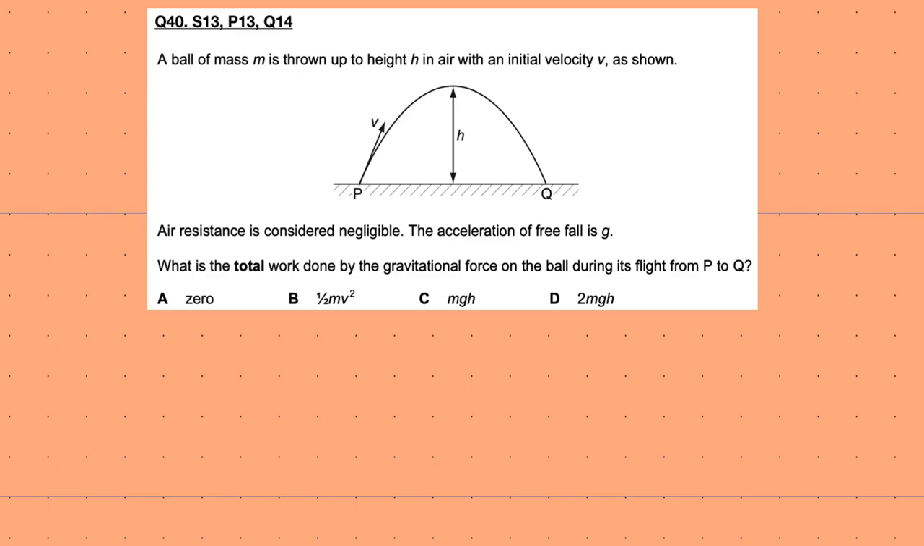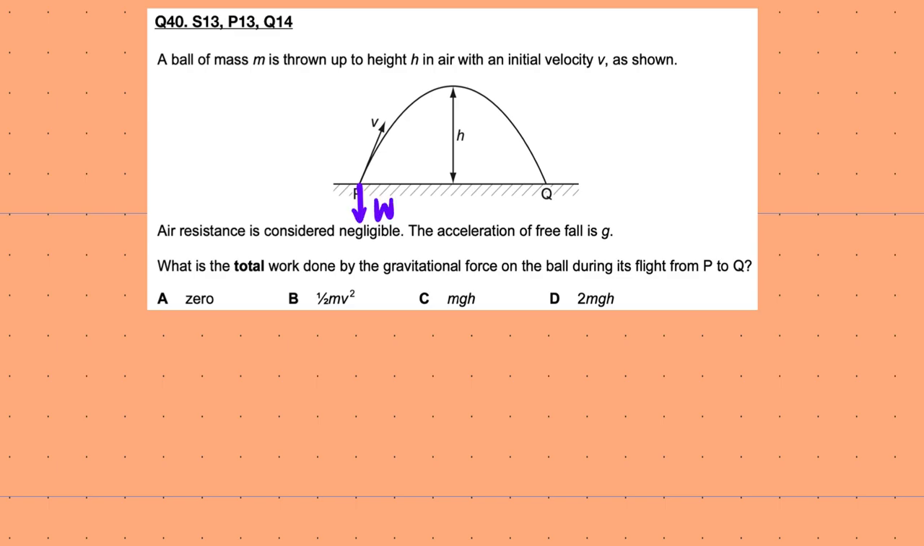One of the few last questions left. A ball of mass m is thrown up to a height h in air with an initial velocity v. Air resistance is negligible. Acceleration of free fall is g. What is the total work done by the gravitational force on the ball during its flight from P to Q? So I know that the work done